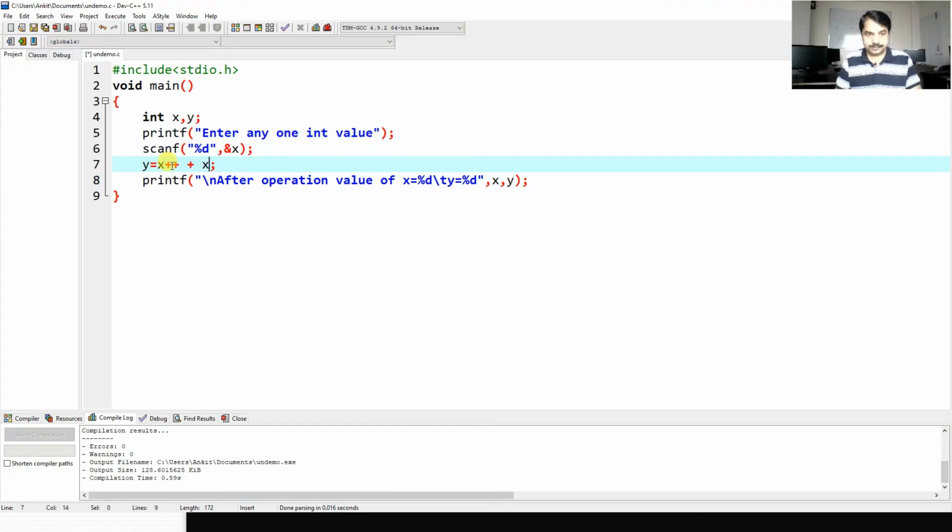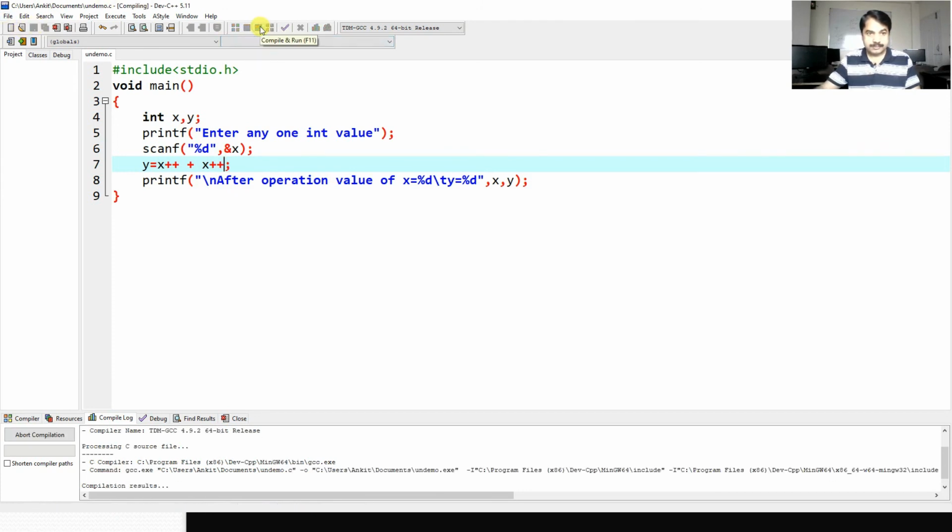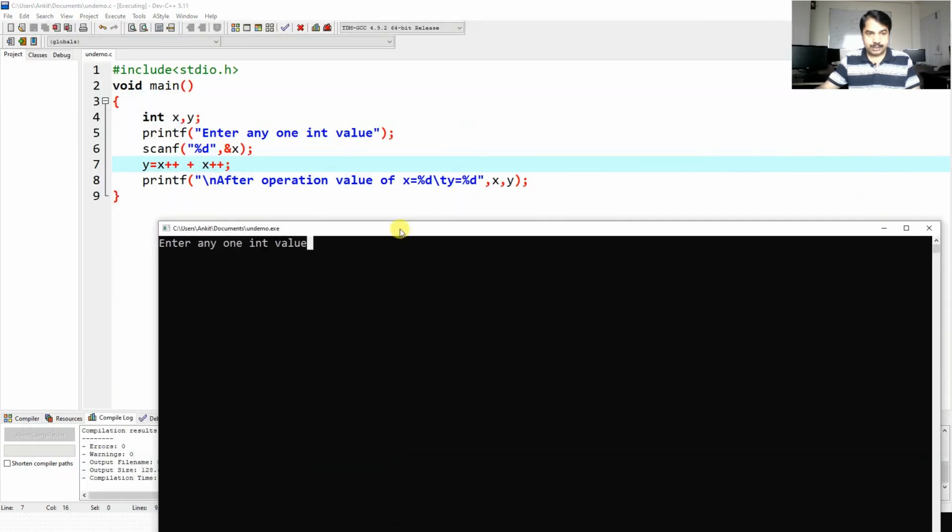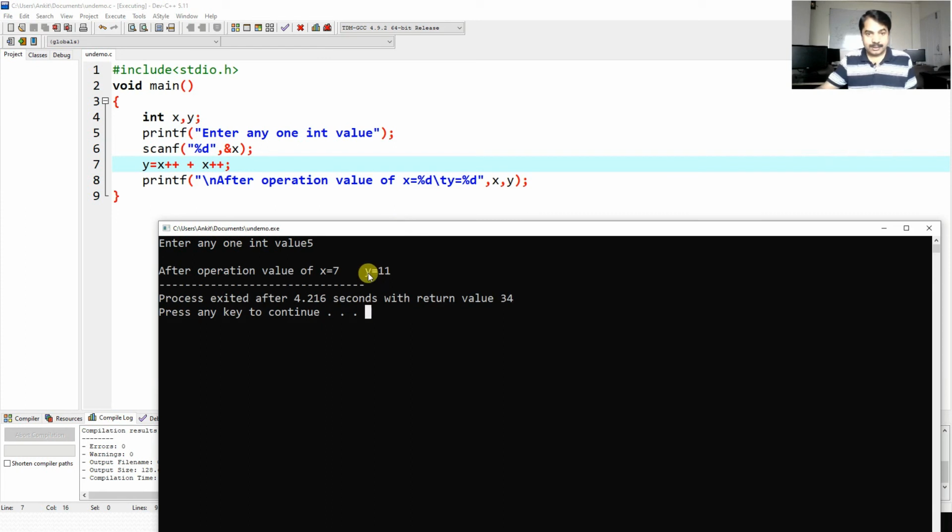In C++ with the GCC compiler, what will happen? See here, we will get the value 11. Suppose we put the value 5 again. See the output. After operation x equal to 7 and y equal to 11. Why?